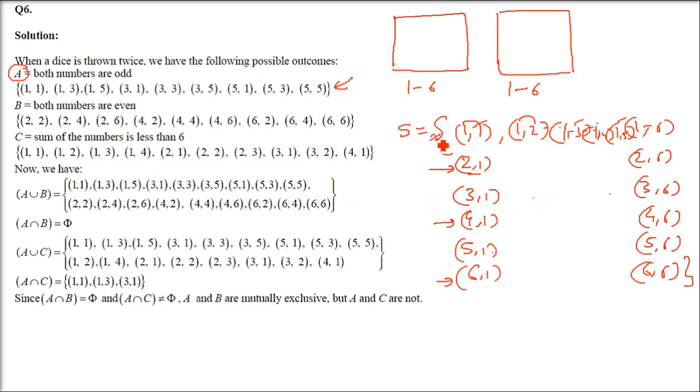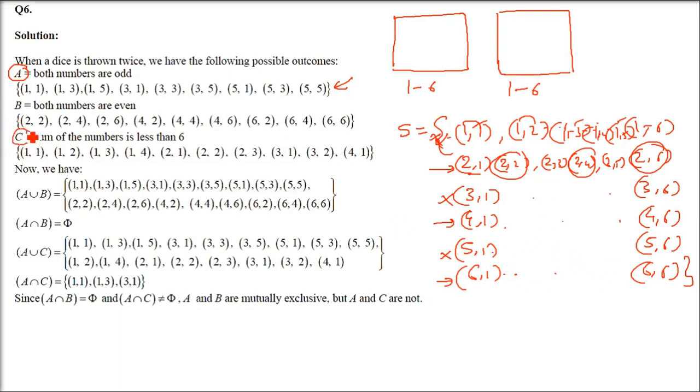Now the set B is both numbers are even. So first of all, the first, third and fifth rows you don't have to take into account. Coming to both numbers are even, see, this is 2. Again 21 will not come. 22, 24, 26 because both numbers are even. Then similarly for the row with 4 as the first number: 42, 44, 46. Then 62, 64, 66.